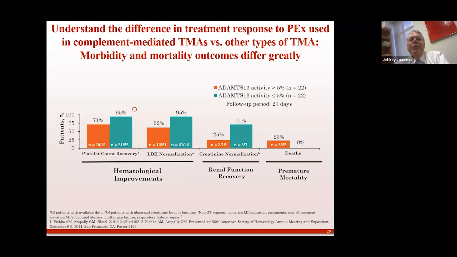Unfortunately, the physician in this most recent case said, but the platelet count's normal. It was 60 and now it's 210. The LDH was 2,100. It's now 200. The haptoglobin was 0. It's now 120. And the creatinine, which was in the 5s, is now 2.5. So what more do you want from my life? The patient died the next day, but they died with normal numbers. So this is incredibly important to recognize.